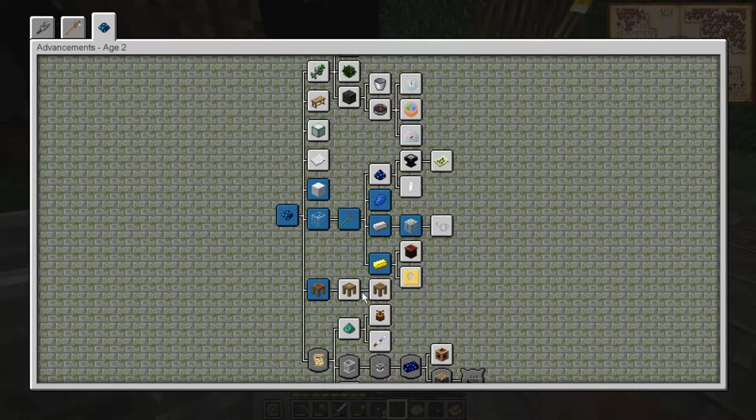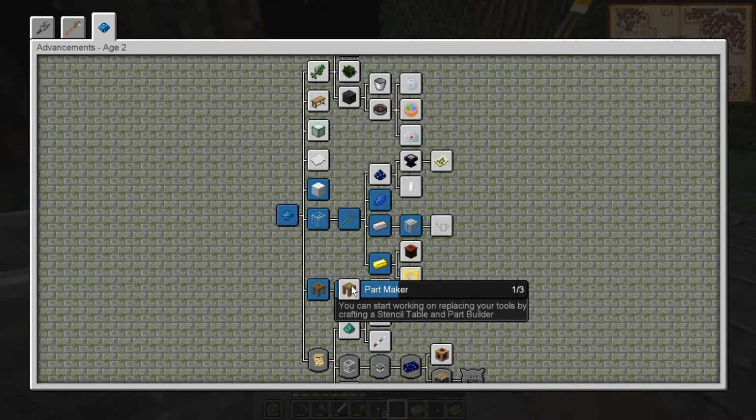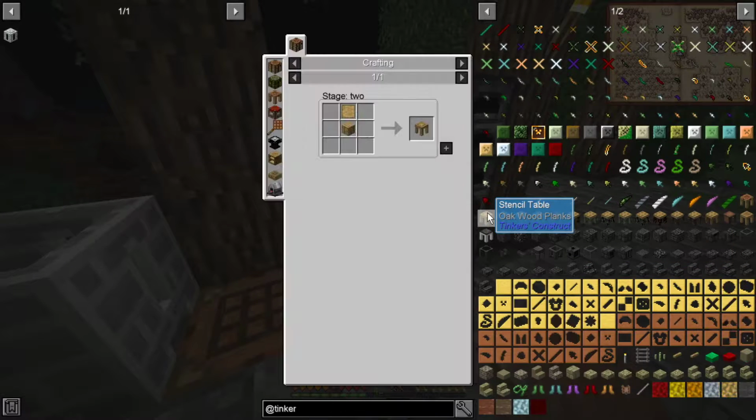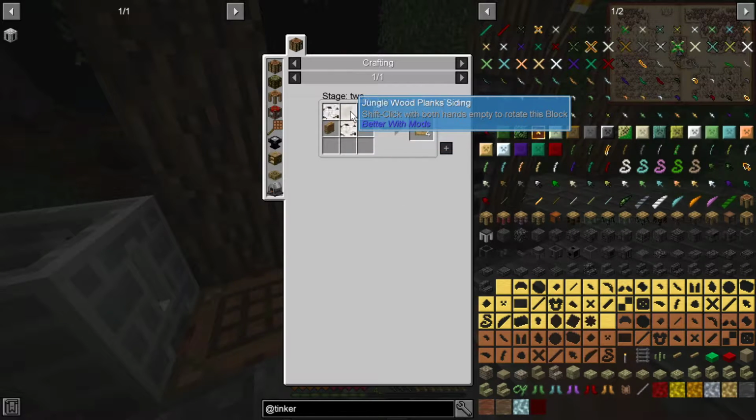Let's see what's next on the list for what they want us to make. A part maker. You can start working on replacing your tools by crafting a stencil table and part builder. Okay. So this is the stencil table. We do need blank patterns, which is...